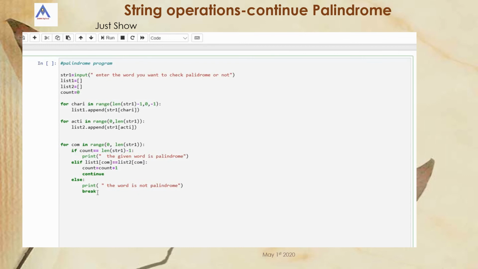There is one method. Another method also, you can simply use the string and reverse it, or you can start from 0 up to the end, or decrement from the end to 0, and just compare. Like that there may also be one more logic that you may think over. So this is my logic. Let us run and see what the output is.